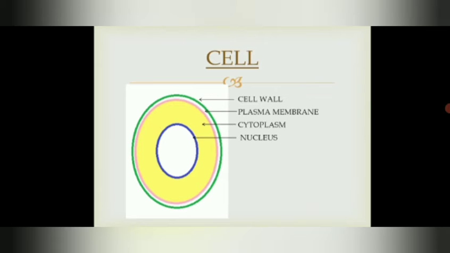So today we are going to learn about a lot more things which are inside the cell, in the cytoplasm. Now you know that cytoplasm is the place where all the cell organelles are present along with nucleus. Today we are going to learn about the various cell organelles which are present in the cytoplasm. We are going to study a very important cell organelle, that is endoplasmic reticulum.